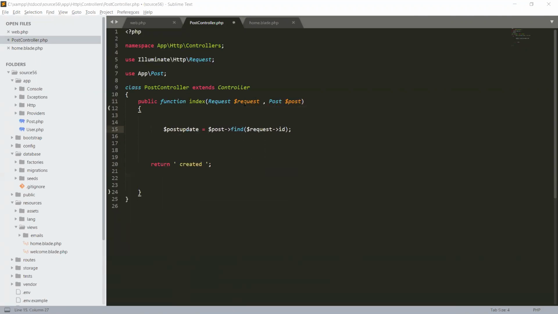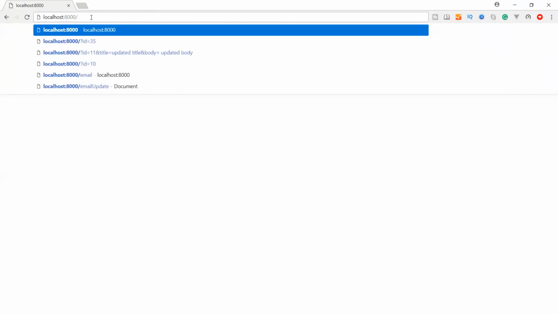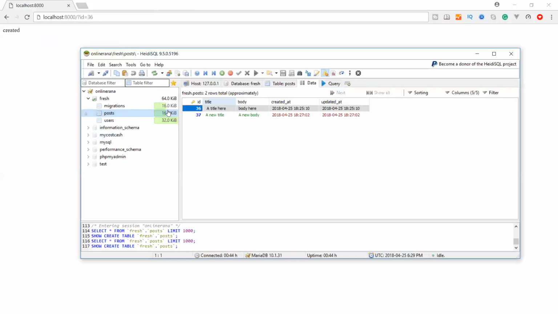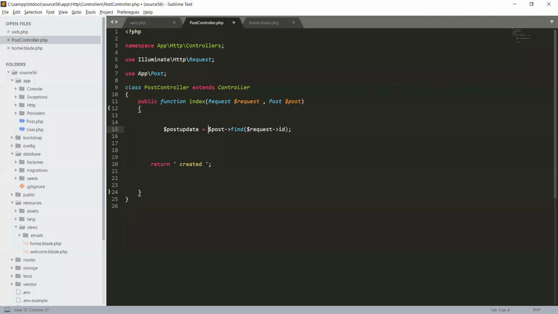This request we can get from our URL variable id, which is equal to 36, I think. What is 36 and 30? There are two IDs. Okay, and Post find request id, if we are accessing from the URL request object, we have a request id. And we can easily use the method of post